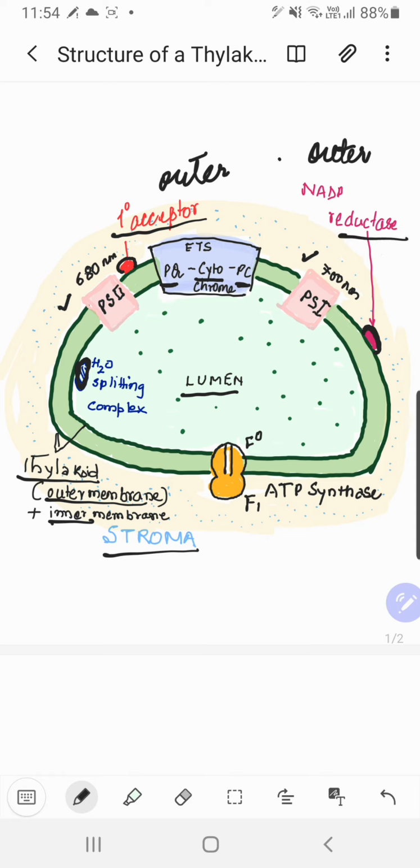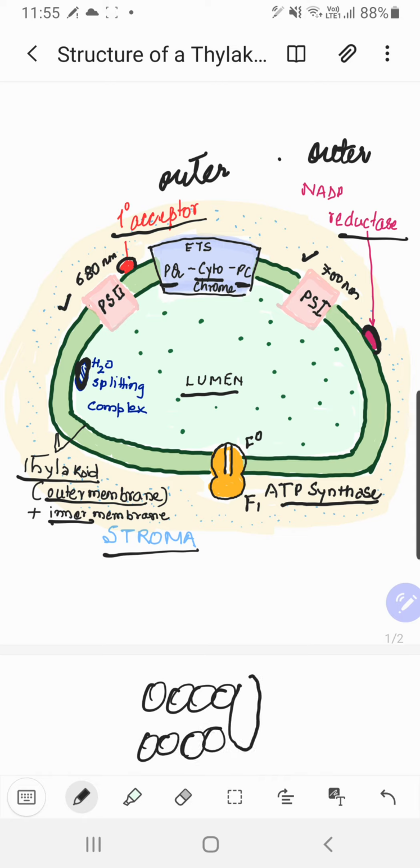And last but not the least, in this thylakoid structure is this special enzyme ATP synthase. Children, here you have to recall something. When I taught you about the fluid mosaic model of a membrane, I told you that when you draw a bilipid layer, you draw the embedded proteins, which you call intrinsic proteins. Some are peripheral proteins and some are channel proteins. They have a channel in the center, and they allow facilitated diffusion very fast.